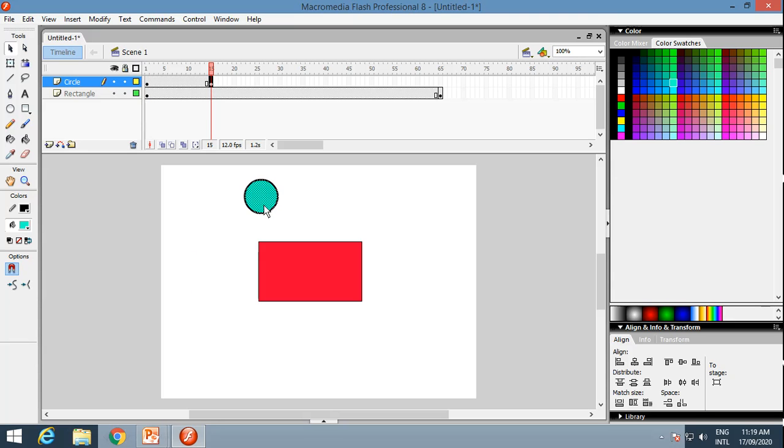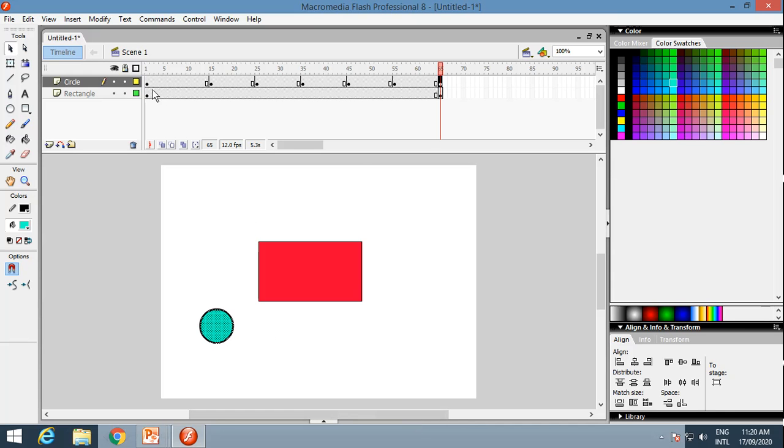So what is your sequence? First convert into keyframe and then move the object. Again I will go to this frame, convert to keyframe and move the object. Again same thing, first convert the frame to keyframe and then move the object. I repeat this for the remaining frames, each time converting to keyframe and then moving the object.